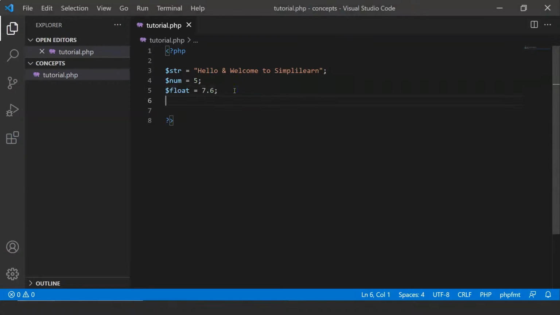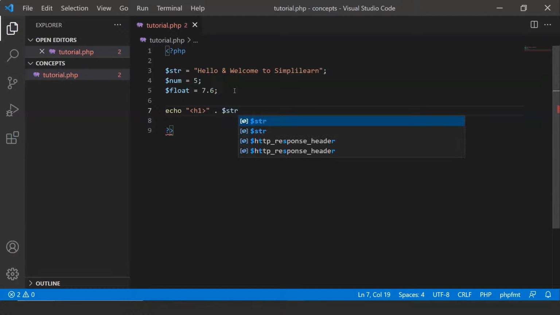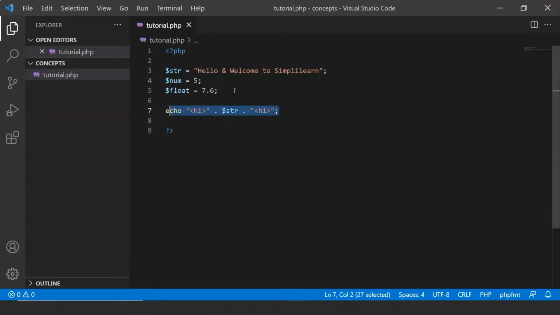Now, to print this, we can use echo, but when you want to print a variable in echo, you need to do things a little differently. So let us start with h1 heading. Now to print a variable, what you need to do is you need to use dot followed by the name of the variable, that would be str, and another dot followed by, if you want to type something along with the variable, I'm going to copy this code